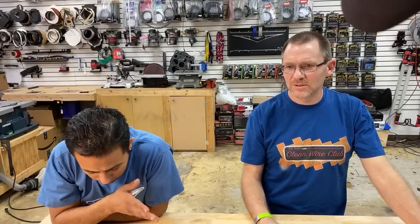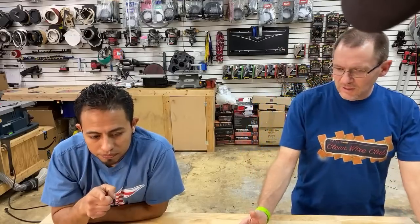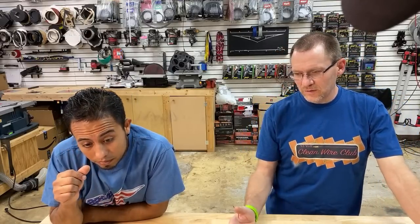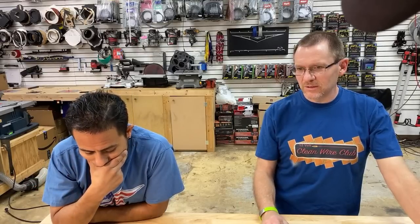ET harness. What is it for? 2018 Silverado. Well, it depends. If it's the new harness, then no. If it's the old harness, then... I think the old harness. Well, yeah, but see, even the old harness, it's not like you can just...